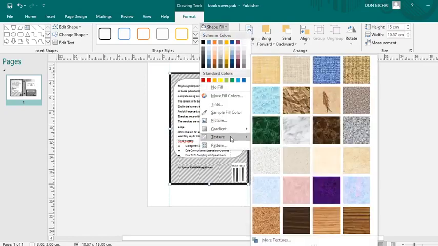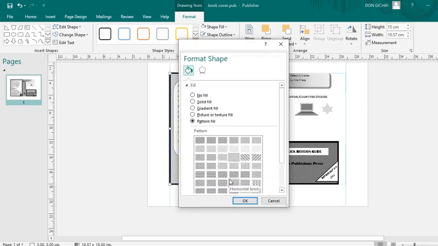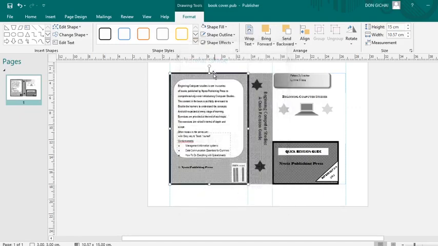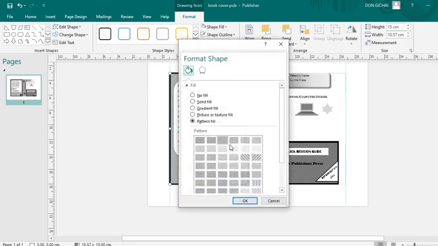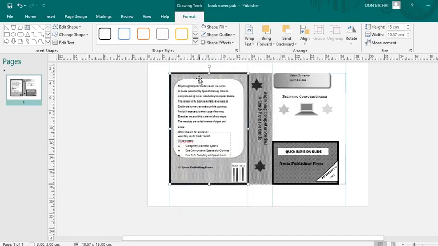Pattern we have used, go to pattern. You try now to fix the patterns that way. Then for the gradient, like now for this one